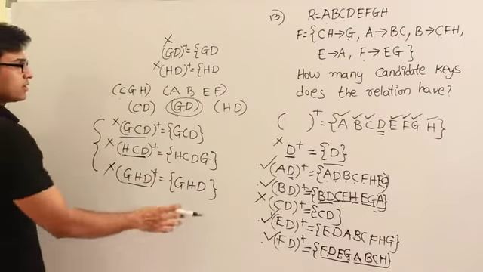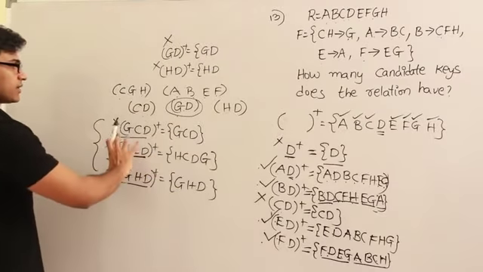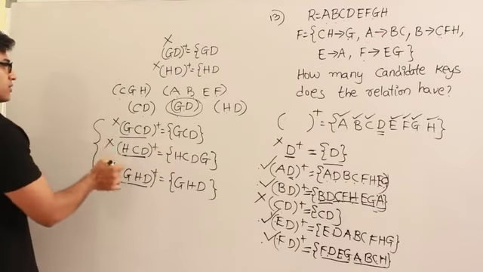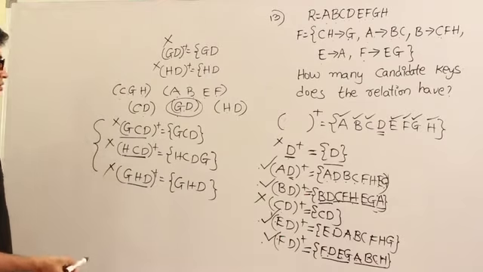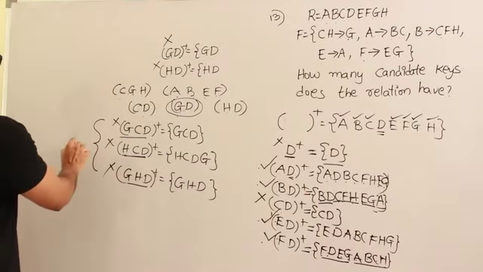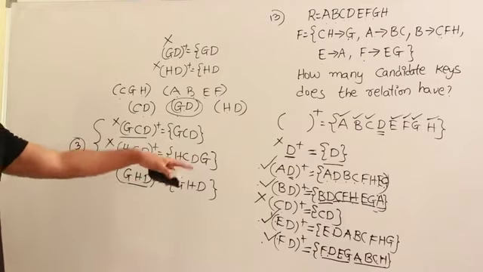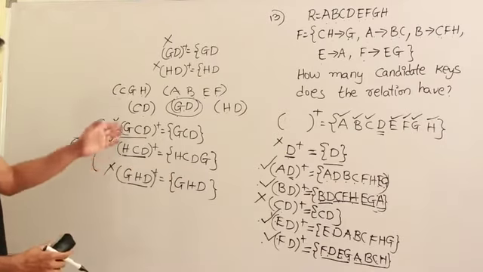If I try to add anything like A, B, C or something like this, that is going to give a super key. So these also didn't turn out to be candidate keys of length 3. Then can I declare now that only 4 are possible? No, you are supposed to even explore it, right?